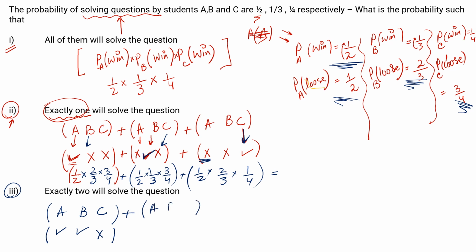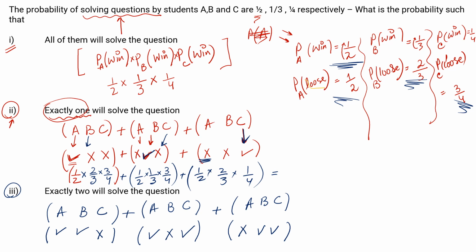That means again we have the 3 students. Maybe A will solve the question, C will solve the question, B will not solve the question. Work complete. Another work. Again we have A, B and C. So maybe B and C solve the question and A cannot solve the question. From the probability section, which you already have the data of, write down what possibilities